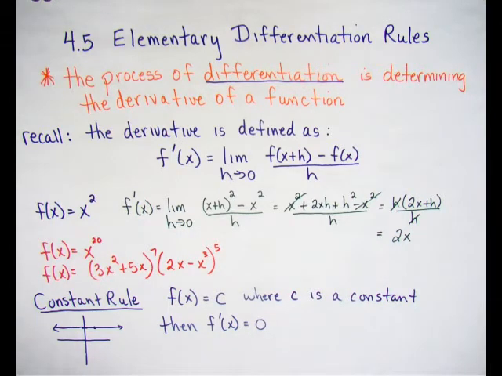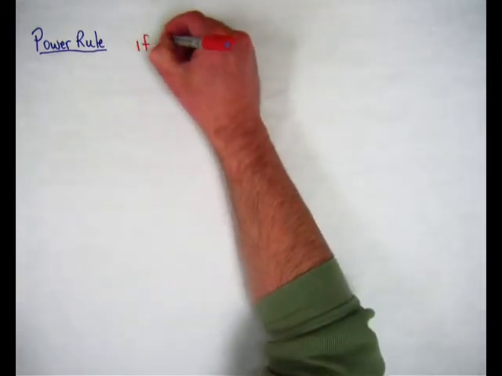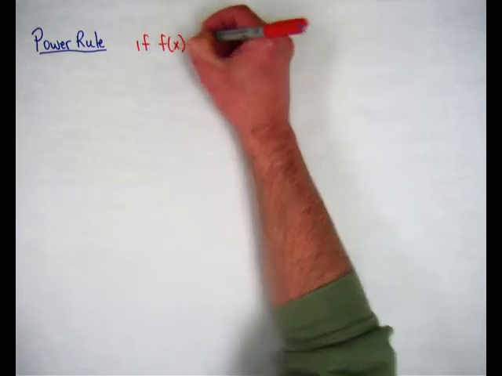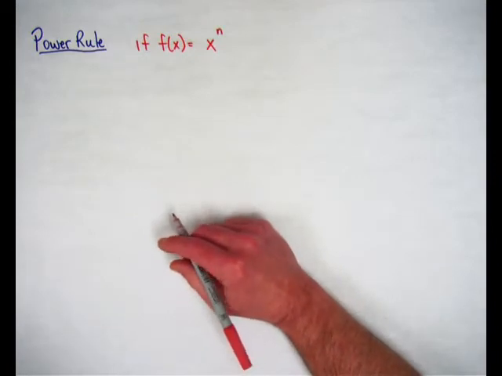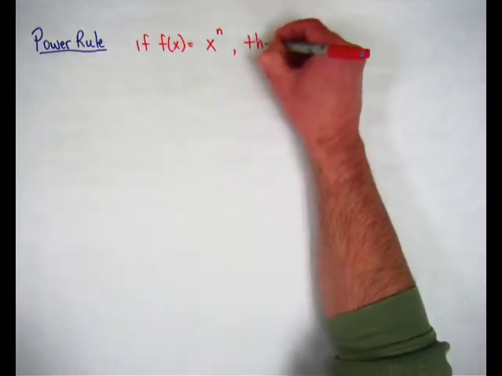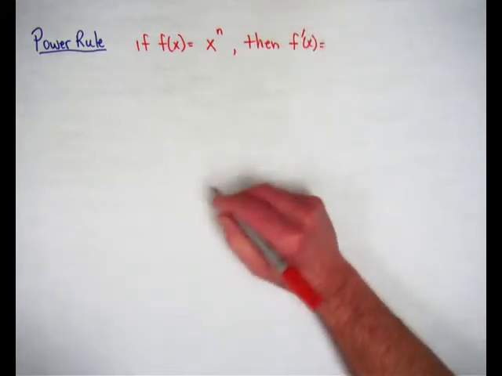The first rule says that if you have a function f of x equals c, then its derivative f prime of x is just equal to 0. Our next rule of differentiation is called the power rule. It's arguably the most important rule you're going to learn because of the usefulness of it and how simple it is. The power rule says that if you have a function f of x, and that function is equal to x to some exponent n, in other words, a power, then the derivative f prime of x is equal to,